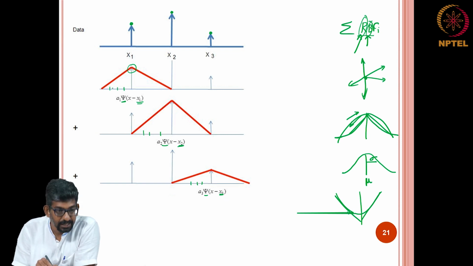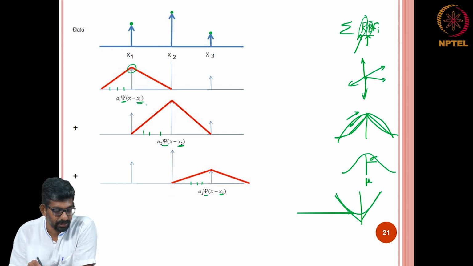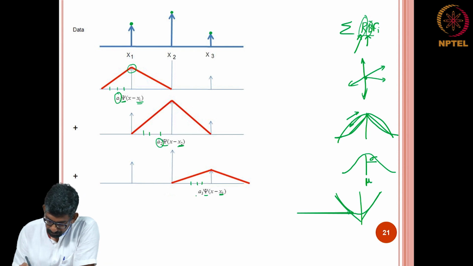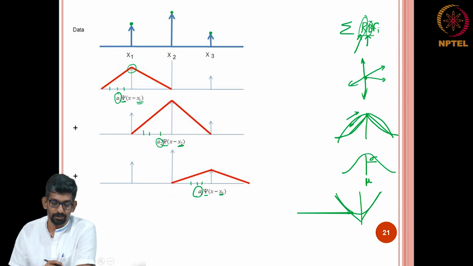But at any other location, what you need to do is plug in the x. I know what my x 1 is, I know the form of this equation. So, I will be able to tell you what psi is. So, the only thing that I need to find is my coefficients, these are equivalent to our w's.